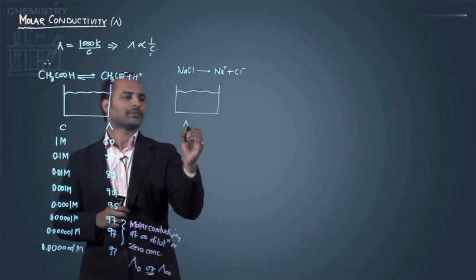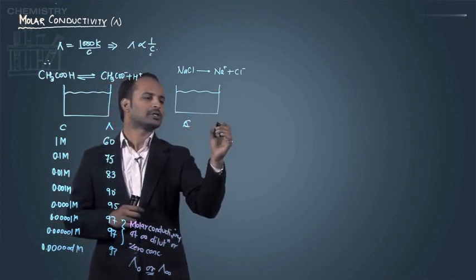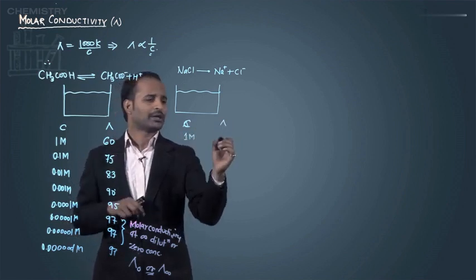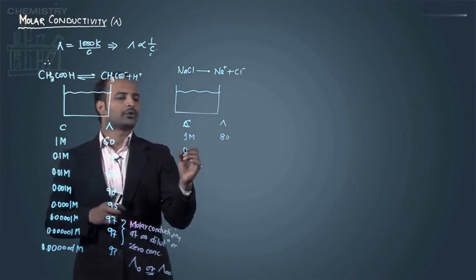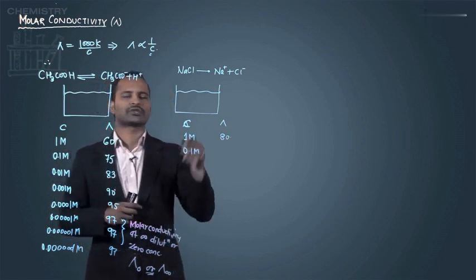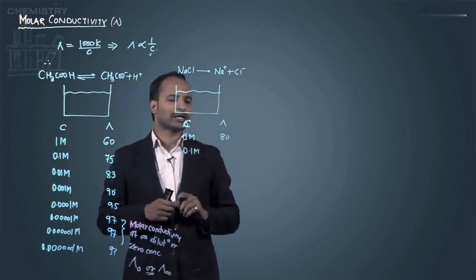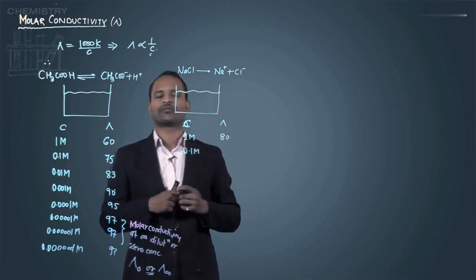Here also I measure the lambda value at a particular concentration. Suppose the concentration is initially 1 molar, and the lambda value I measured was 80. When I am diluting, that is, on the addition of water, I can say that since all the molecules have already dissociated, the lambda value will not change